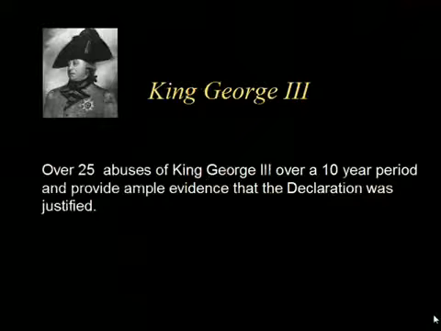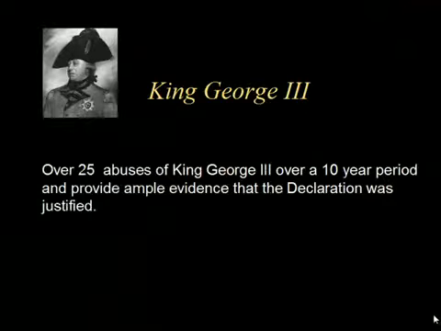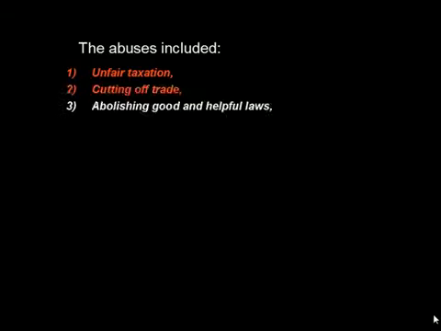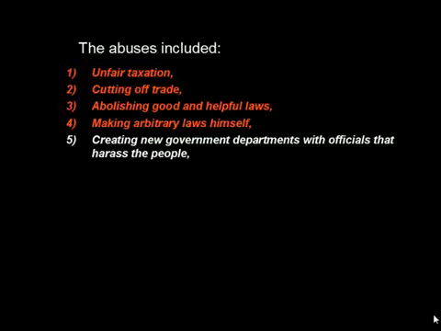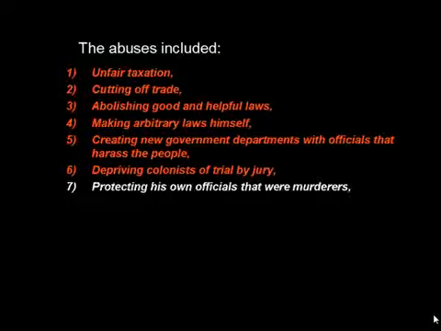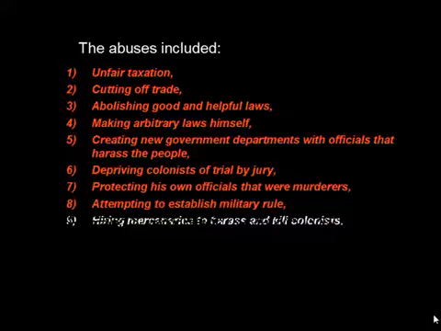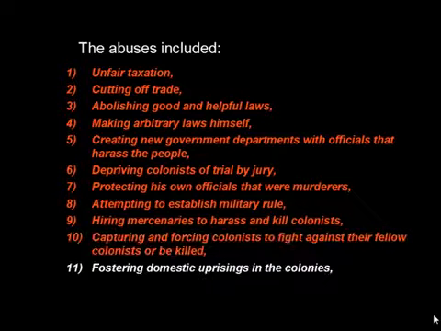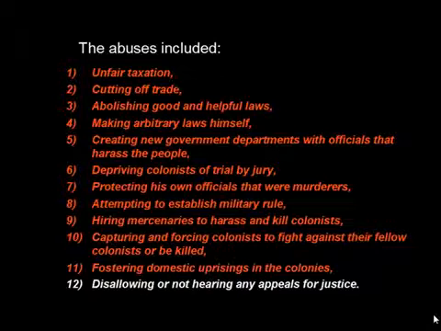There were over 25 abuses that King George III had done over a 10-year period, and in the Declaration, the colonists made a list and suggested that that list was ample evidence that the Declaration was justified, and here are just a few of them: unfair taxation, cutting off trade, abolishing good and helpful laws, making arbitrary laws himself, creating new government departments with officials that harass the people, depriving colonists of trial by jury, protecting his own officials that were murderers, attempting to establish military rule, hiring mercenaries to harass and kill colonists, capturing and forcing colonists to fight against their fellow colonists or be killed, fostering domestic uprising in the colonies, and disallowing or not hearing any appeals